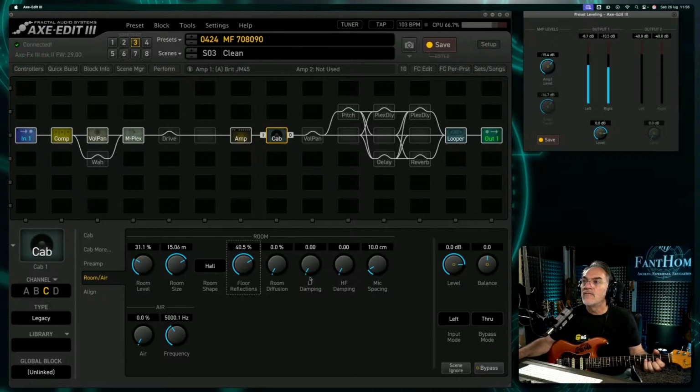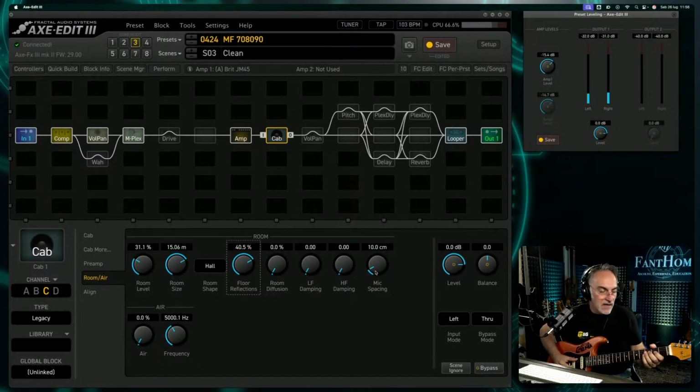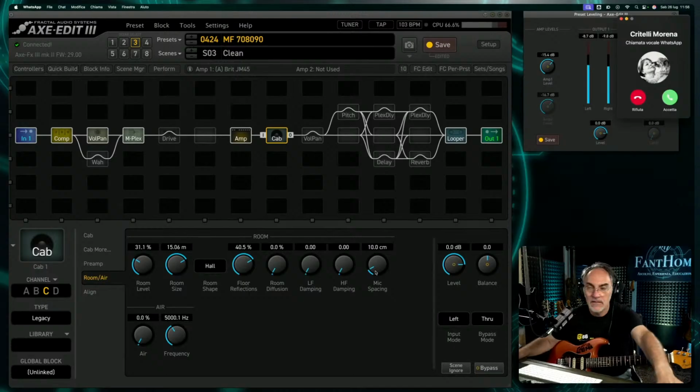The low frequency damping and high frequency damping, but the most important is mic spacing. It is the space between the mics that are picking up the reverb. If you increase it,